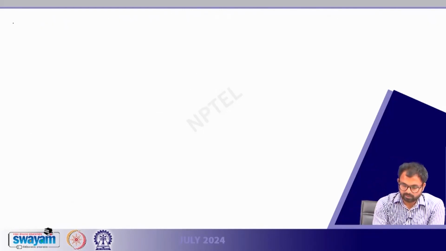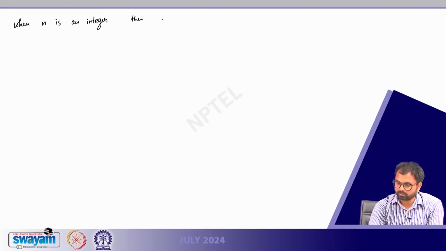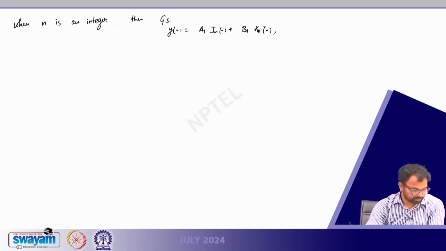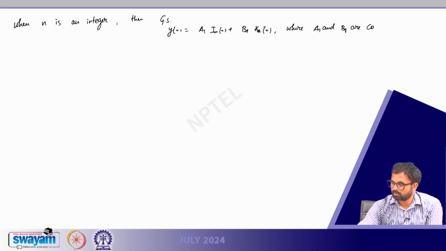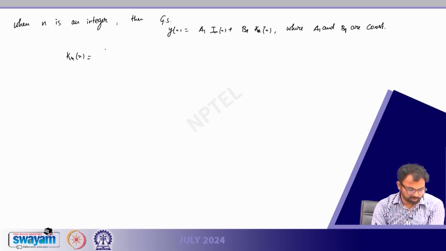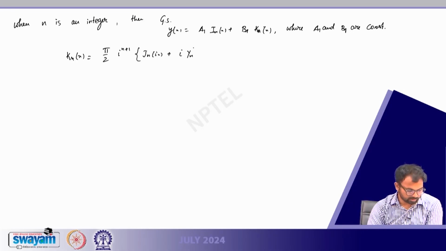and when n is an integer, then the general solution is y(x) equals a1 I_n(x) plus b1 K_n(x), where a1 and b1 are constants, and K_n(x) is given by pi by 2 i to the power n plus 1 J_n(ix) plus i Y_n(ix),